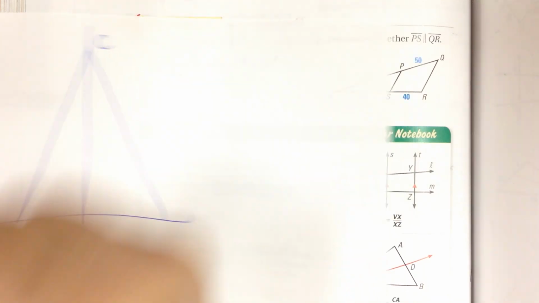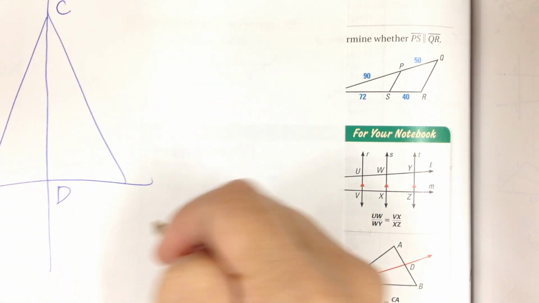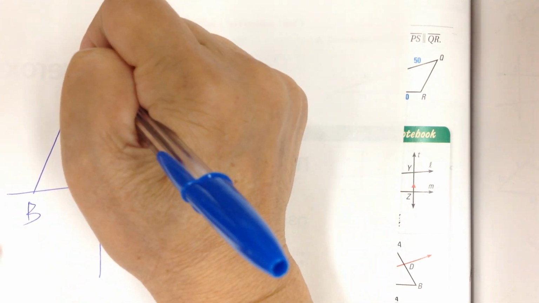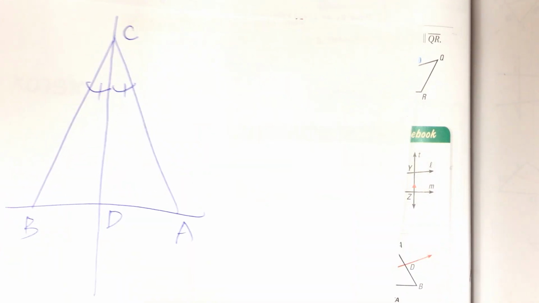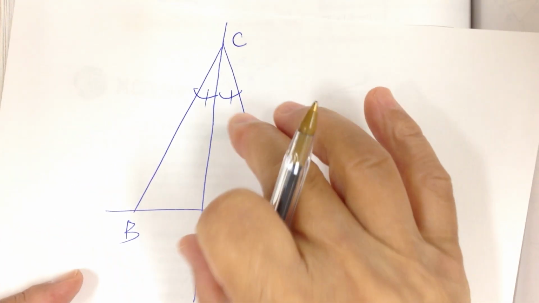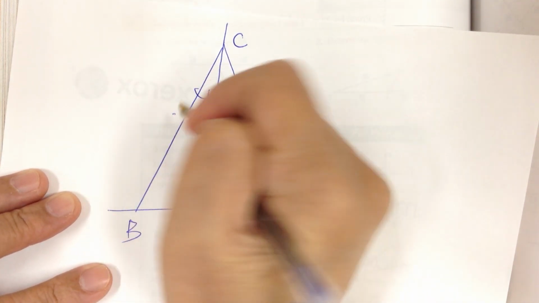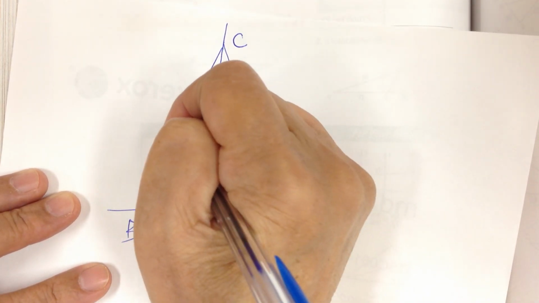So this is angle C, B, D, A, and this is angle congruent, okay? So what it's saying is that when you have an angle bisector, I want you to turn the triangle this way, and there's a reason for that. So that this side is, I'm going to call this side A,